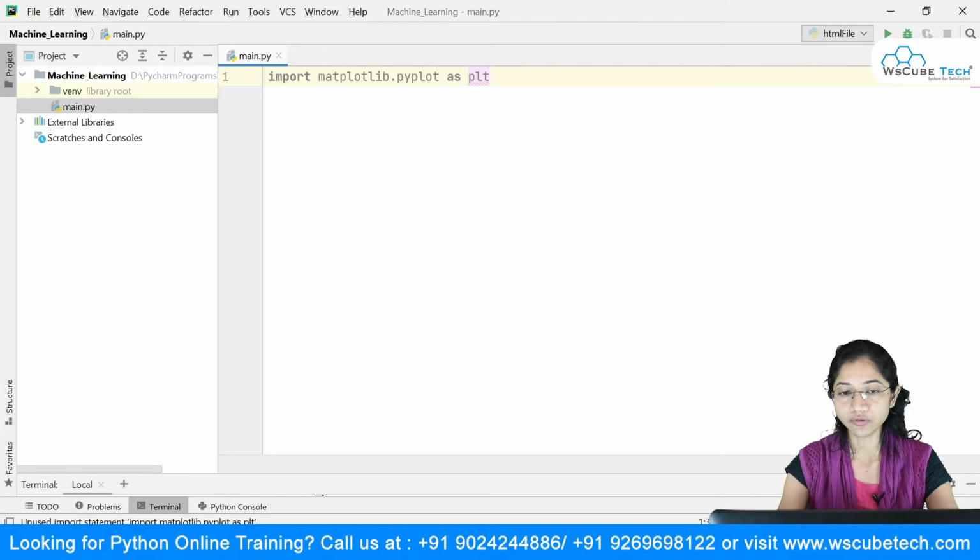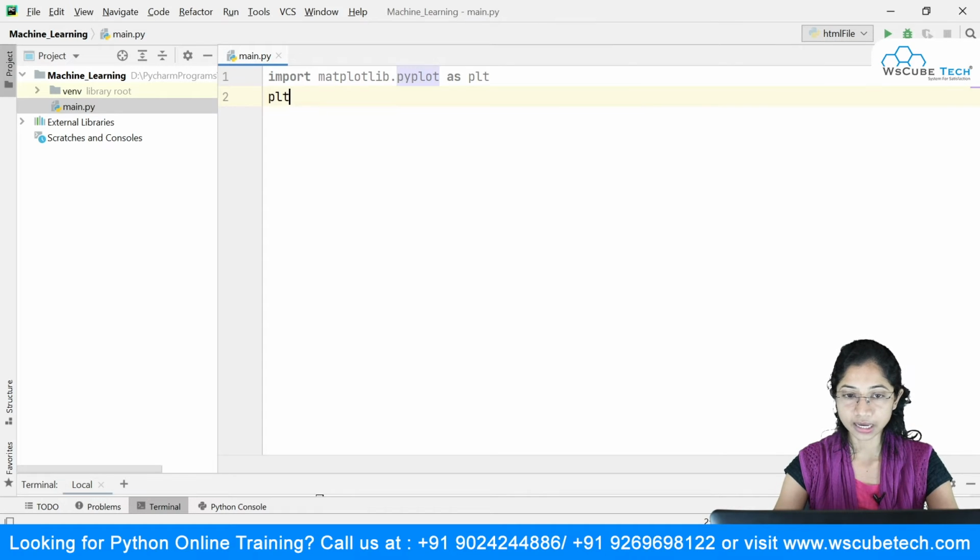Once I've imported this package onto my system, now I want to make use of the methods under my pyplot, which I will call with PLT.